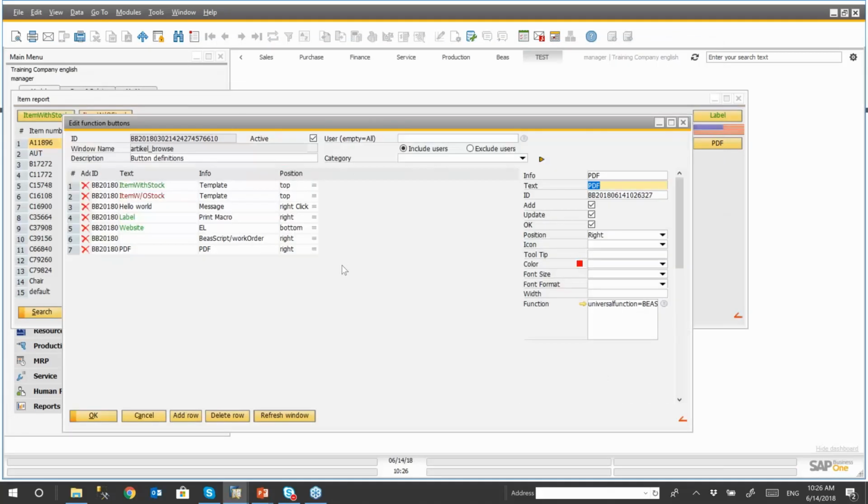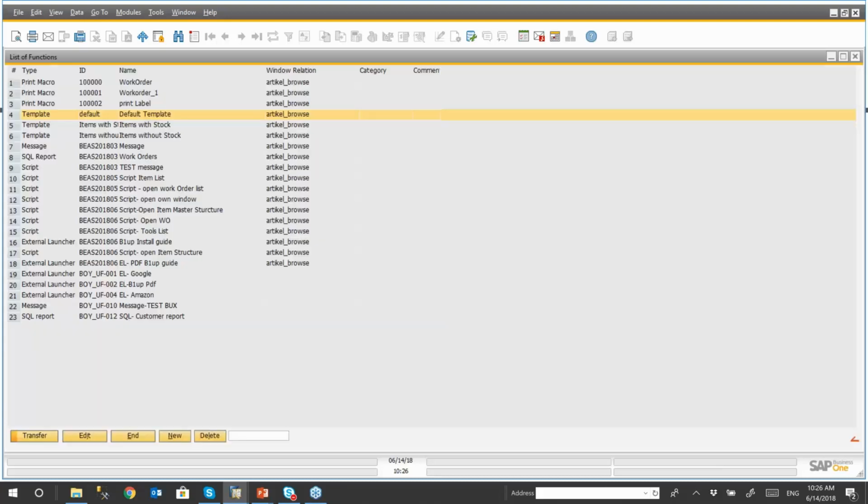I want to do one more with you. I'm going back into here. I'm going to do it on the fly. You can also create universal functions under administration. I'm going to go in there. I will show it to you today, but I think once we do more examples of how to, we're going to cover all that. I'm going to click on New,